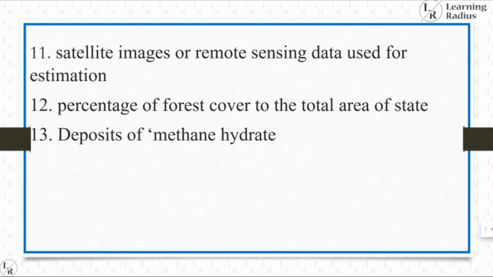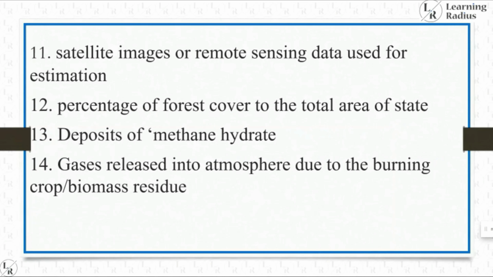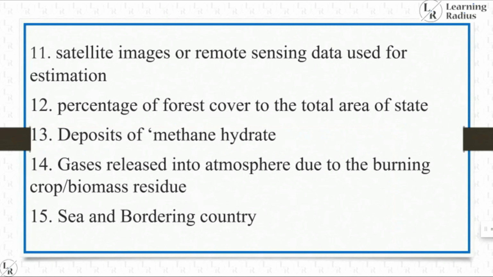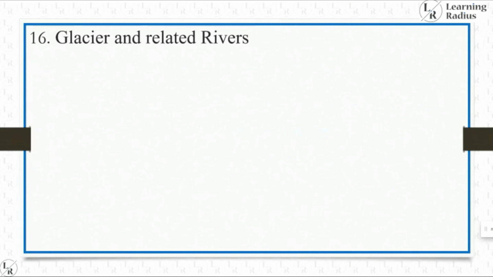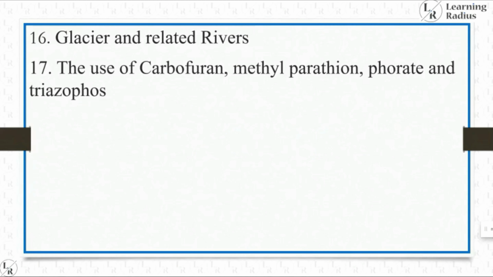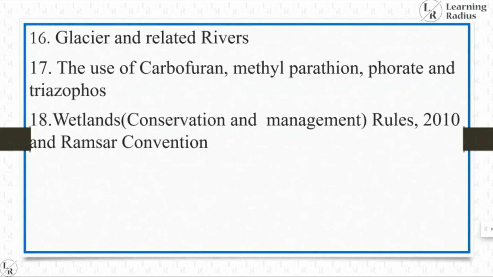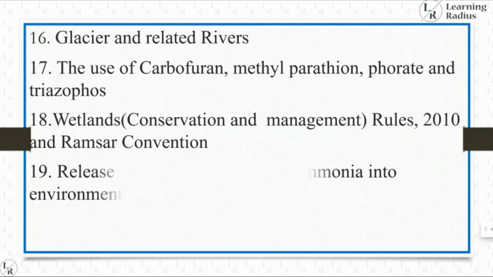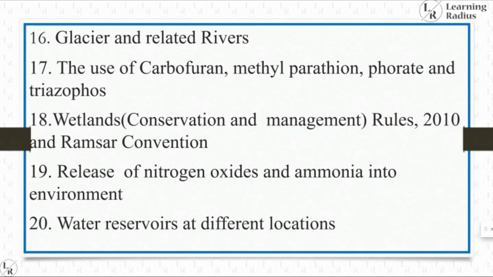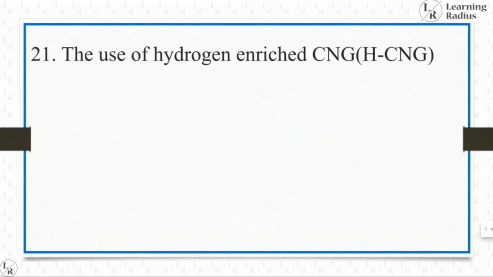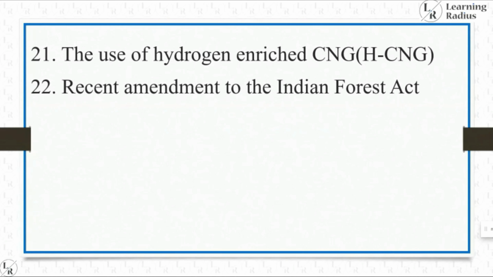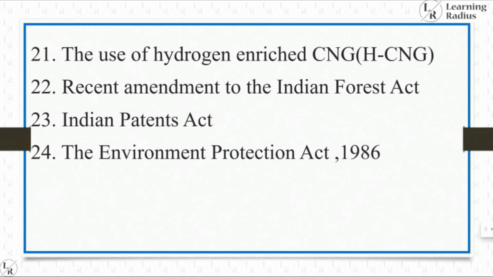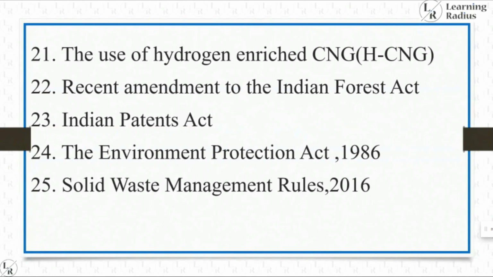deposits of methane hydrate, gases released into atmosphere due to the burning of crop or biomass residue, sea and bordering country, glacier and related rivers, the use of carbofuran, methyl parathion, phorate and triazophos, Wetland Conservation and Management Rules 2010 and Ramsar Convention, release of nitrogen oxides and ammonia into environment, water reservoirs at different locations, the use of hydrogen enriched CNG, that is HCNG, recent amendment to the Indian Forest Act, Indian Patent Act, the Environment Protection Act 1986, Solid Waste Management Rules 2016,